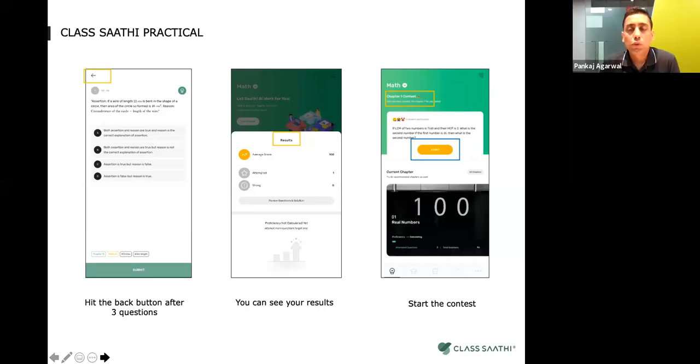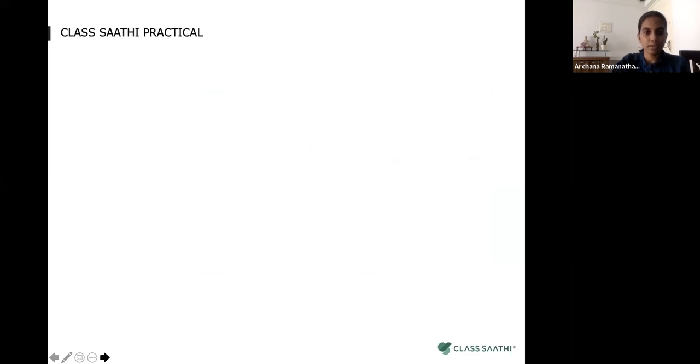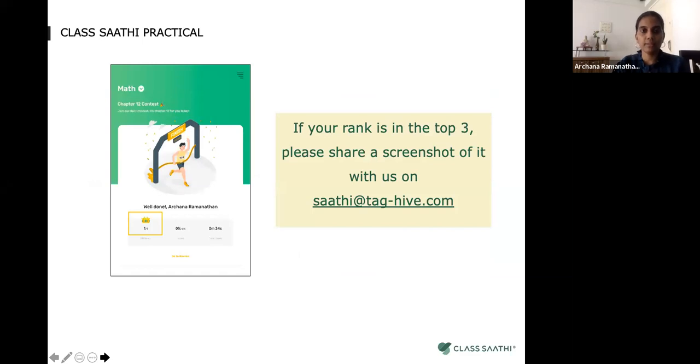So Arshna, what happens once you have done the 5 questions on the contest? Once you've done the 5 questions on the contest, they're going to be able to see their result. It's going to look something like this, where it will give them their rank and their score. You see your score, and after the slash, the number represents the average of all the scores of the different people who have participated in this competition.